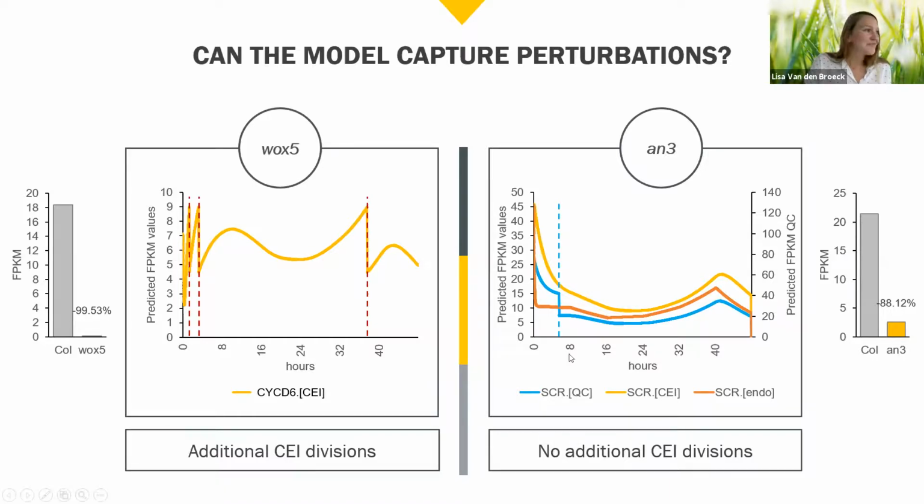So we could see in the WOX5 mutant that we had additional CEI divisions between 4 and 5 days compared to the wild type, which was also what we saw in our phenotyping. What I showed in the beginning, there was an increase in divided CEIs. So that was nice because our model could predict this mutant line. And most likely, the hypothesis is that these additional divisions are the result of the removal of the WOX5 repression on SHORT-ROOT. So you have an increase in the SHORT-ROOT SCARECROW complex, which then again leads to an increase of the CYCLIN D6